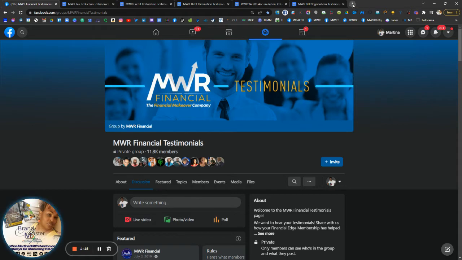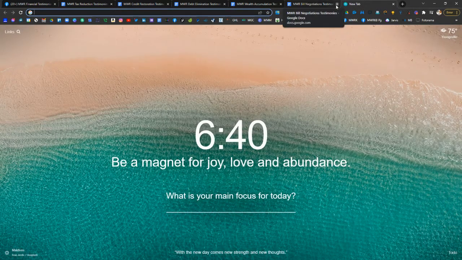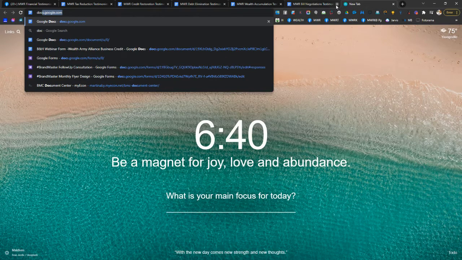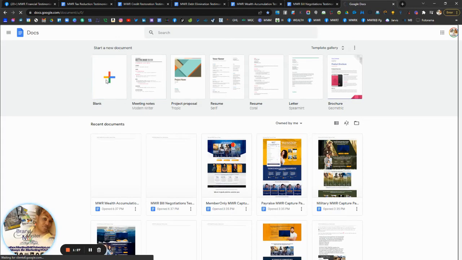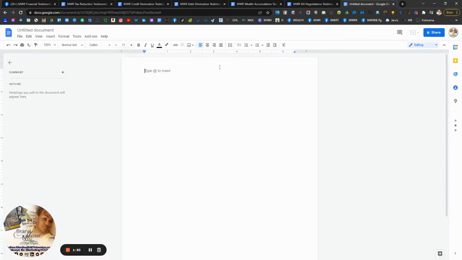So here in Google, if you do not know it, if you go to docs.google.com, this will allow you to come into an area where you can create a blank document. And in this blank document, you would be able to title the document. I like to go up into the header of my documents and title them. My favorite font to date is the Montserrat font, and that is the one I use.